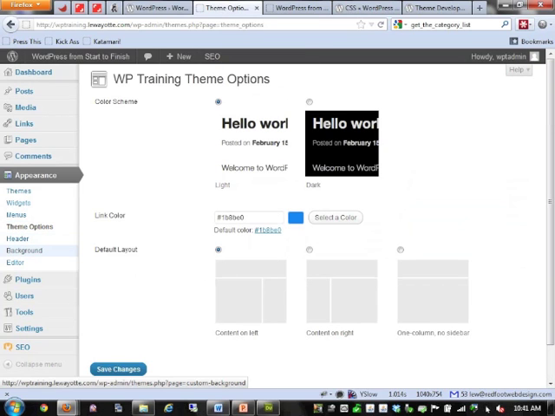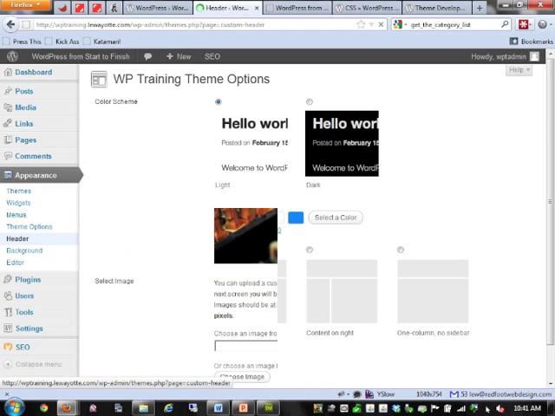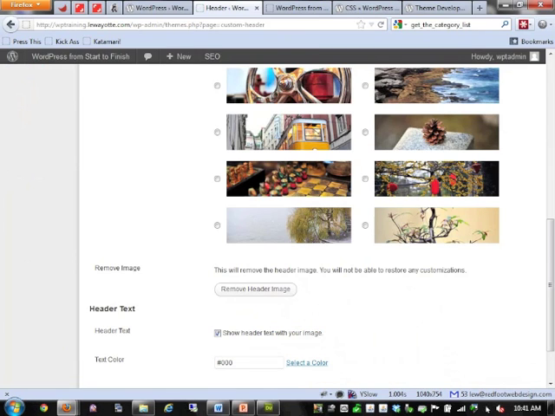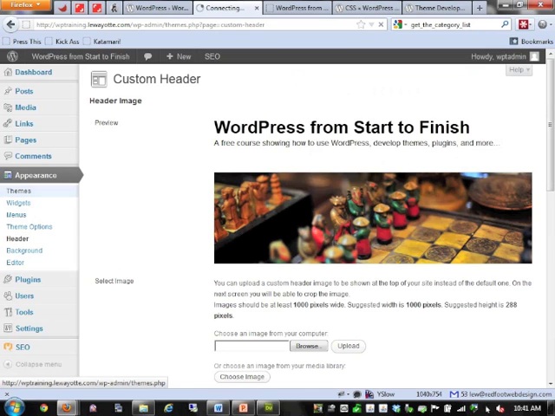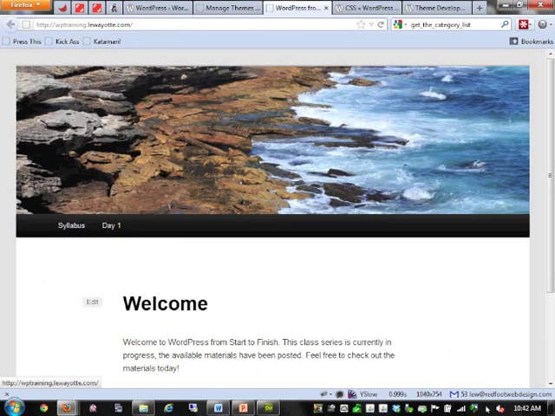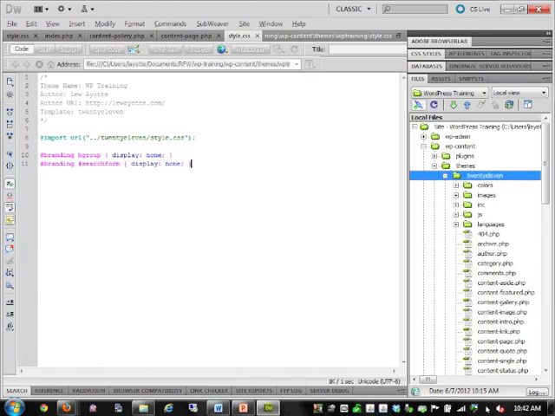Let's see it in here. Oh, if you wanted to change the header from the 2010 version, if we look at the 2011 version, if we look at 2011